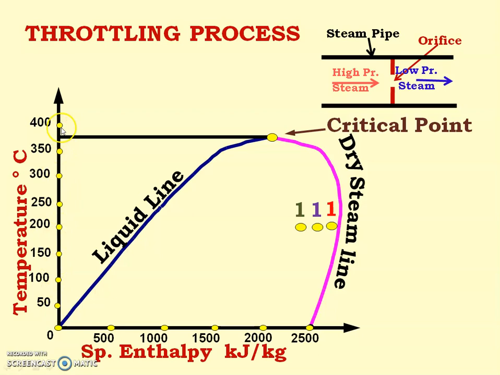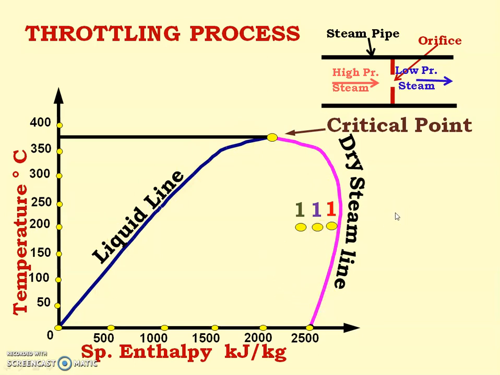Can you see? Because this is a graph of temperature versus specific enthalpy, it will be a vertical line, since specific enthalpy is on the x-axis. So constant enthalpy means it is a vertical line. At all